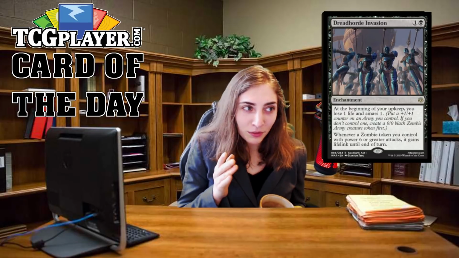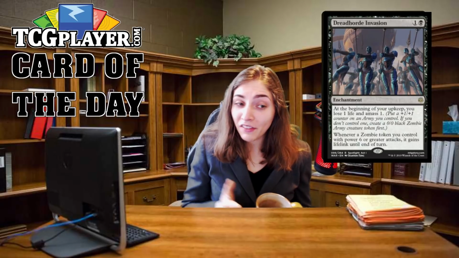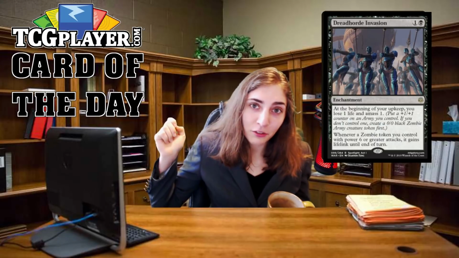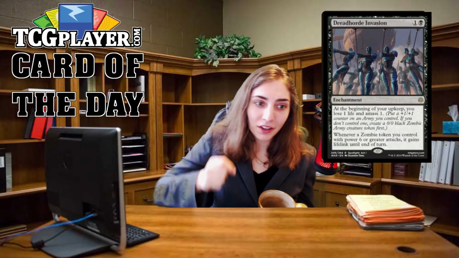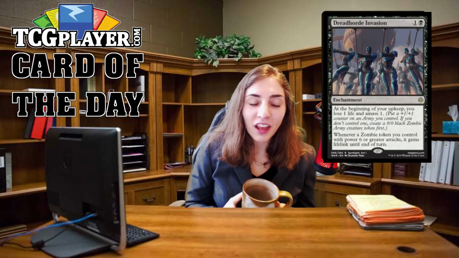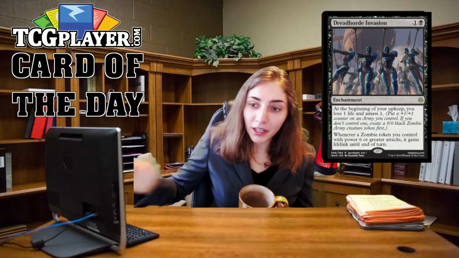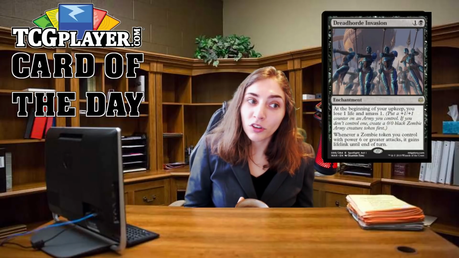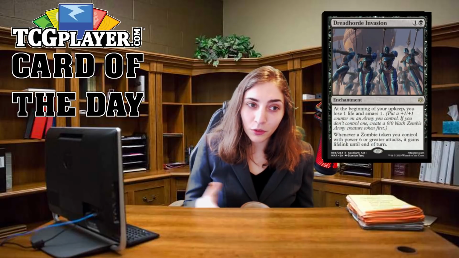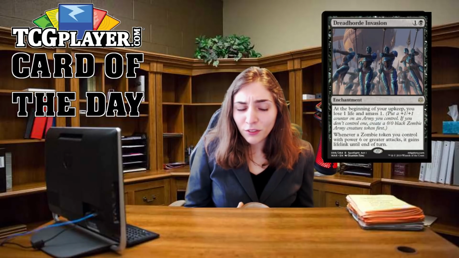This is the first card we've seen it on that I've talked about today, where if you have a zombie army, or an army, you put a +1/+1 counter on it. If you don't have one, you make one. It's Bigger Blossom. So instead of going wide, this card makes you a creature and then makes it bigger and bigger and bigger. The thing that I find most interesting about Dread Horde Invasion is that it's not super fast because you can't attack the turn after, because you're going to have a slow little zomboid, but